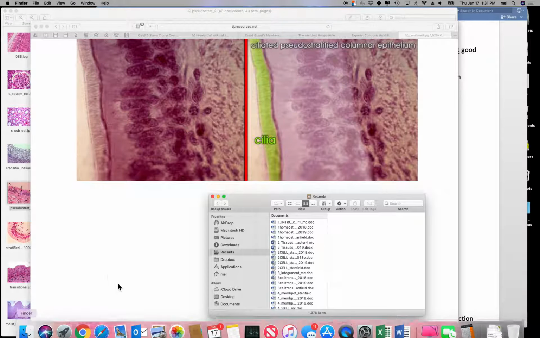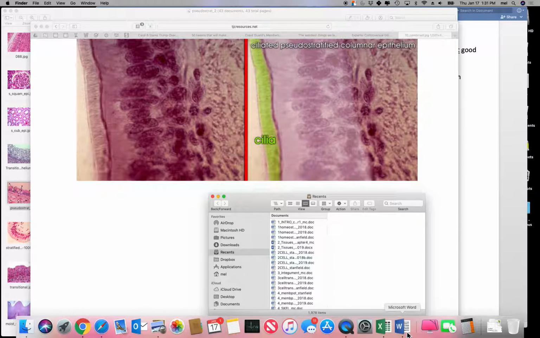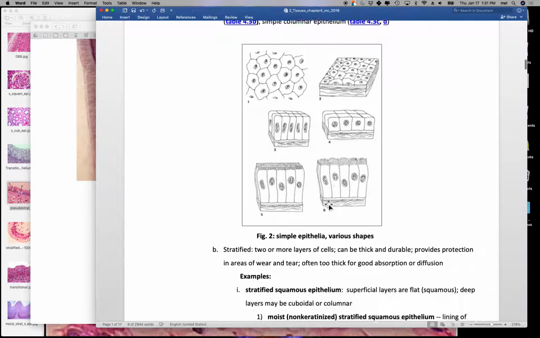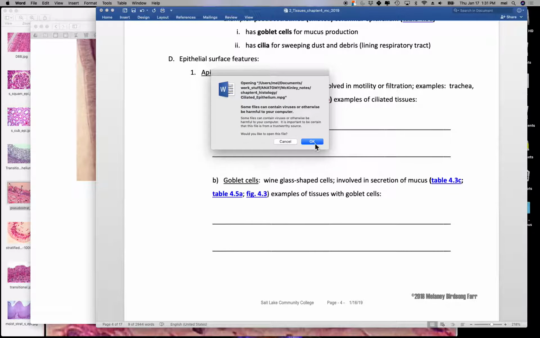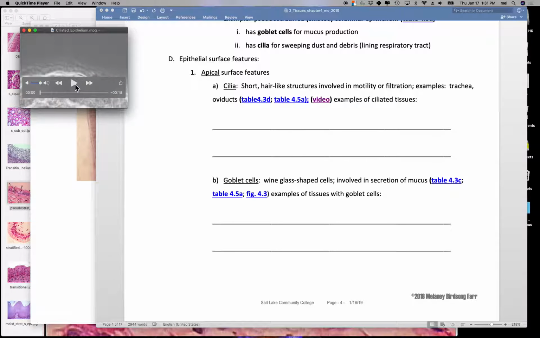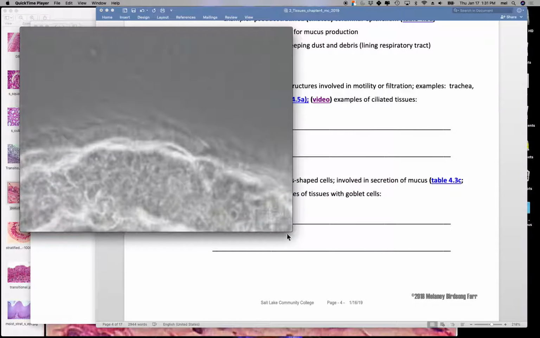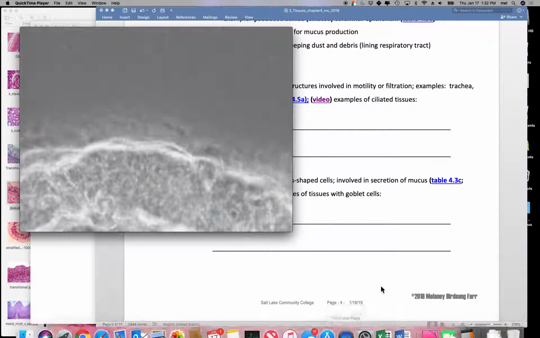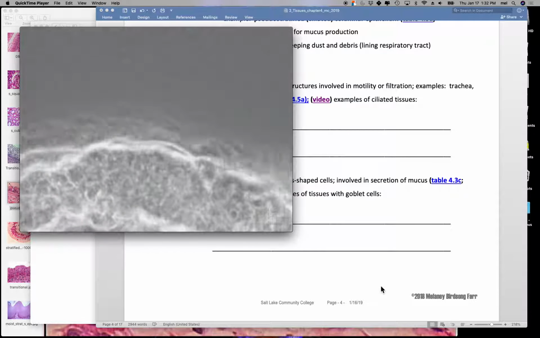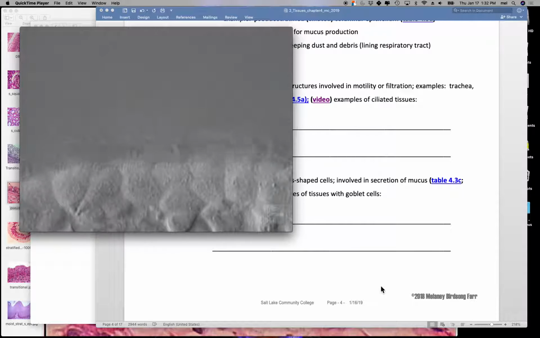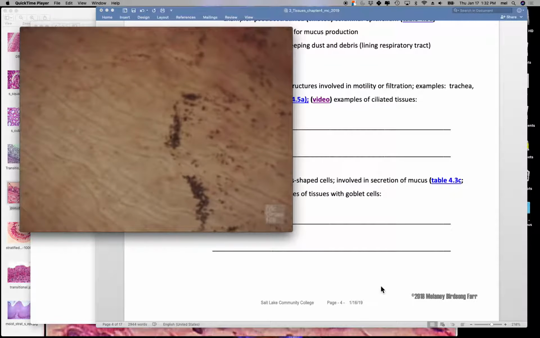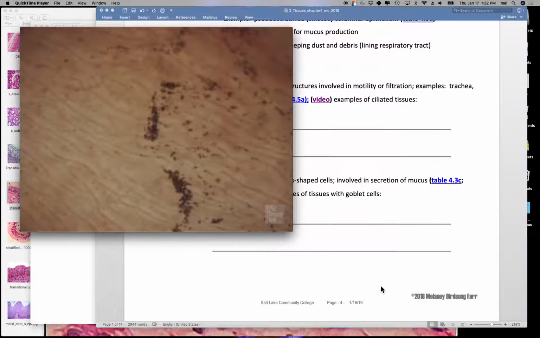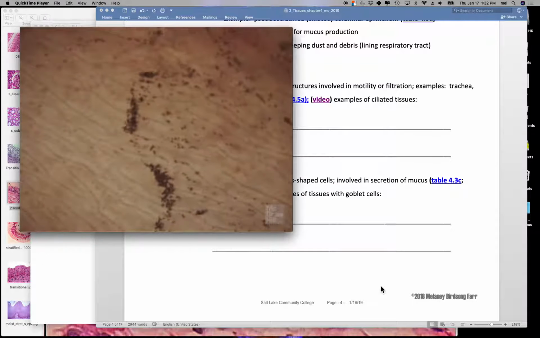Let me show you cilia in action too because it's kind of cool. We're going to look at cilia in a little more detail in just a second. But when you look at cilia from a surface view, let me show you what it does. One defense mechanism mammals use to prevent invasion by pathogens is the ciliated epithelium that lines the respiratory tract. It's kind of cool, right? The cilia sweep mucus and particles into the throat, where they are swallowed or coughed out. They call that the mucus elevator